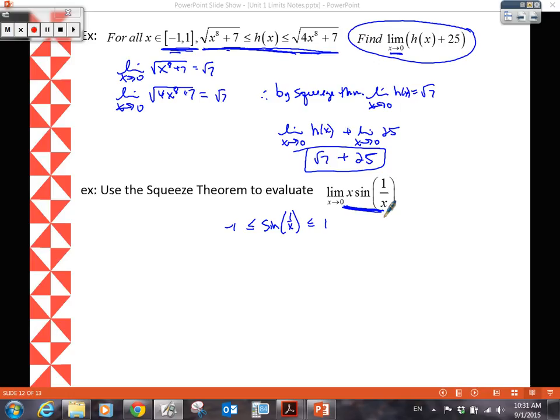x sine of 1 over x. Okay, so what we would do is we're going to, I call it layering on. We're going to layer on other numbers or functions. If I multiply everything by an x, I'm going to get this. Now we're going to talk about that in just a second. Let me do that first. If I multiply each of these individuals, the whole thing through by x,